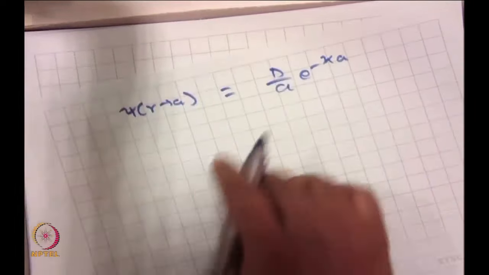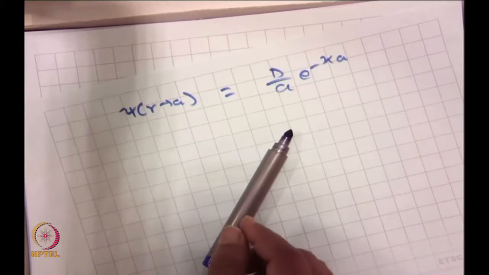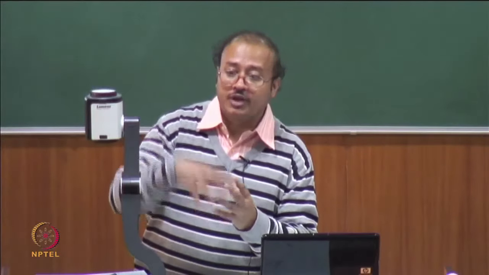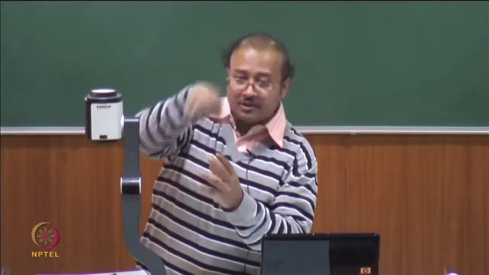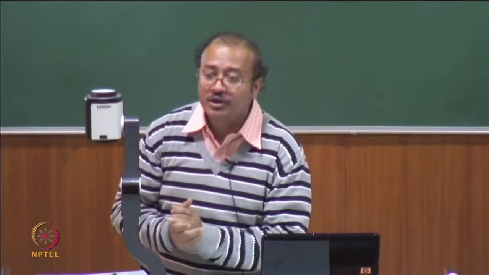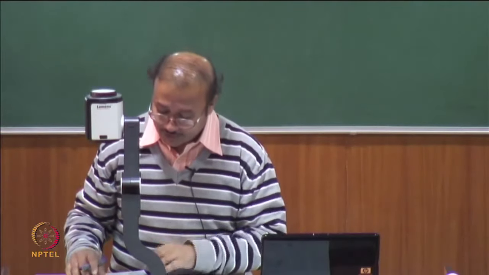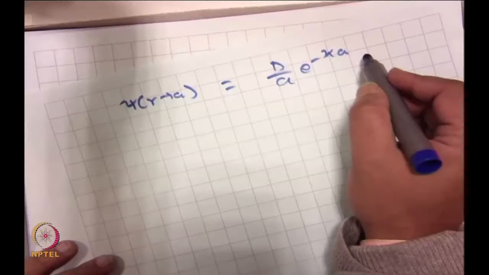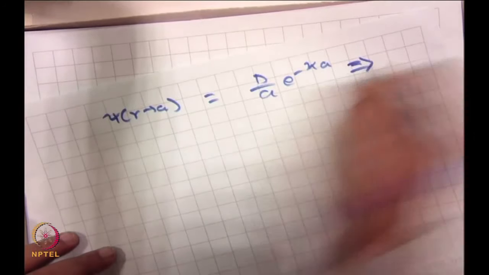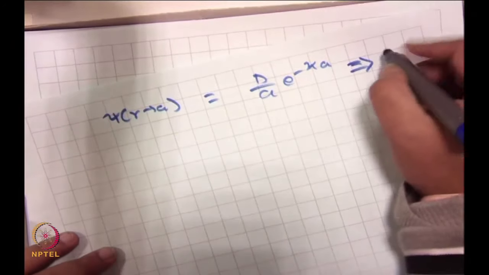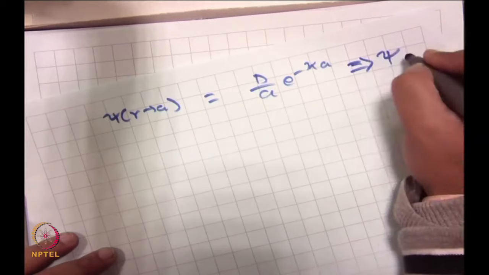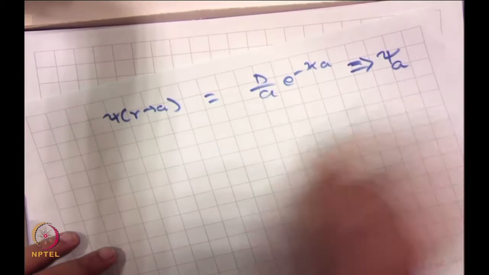The simple reason is, because you know proteins have sizes, right? The ions cannot go inside the protein. So the ions have to be at a certain distance, surrounding the protein. So we have to take the protein with a certain size. So this is the case. So at r tends to a, what I can write is, say, psi of a.